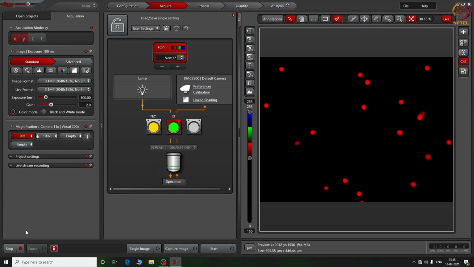This provides a good range up to 1900 grayscales. If I see areas of overexposure, I can reduce the exposure time or adjust the intensity of the fluorescence to maintain a well balanced image.